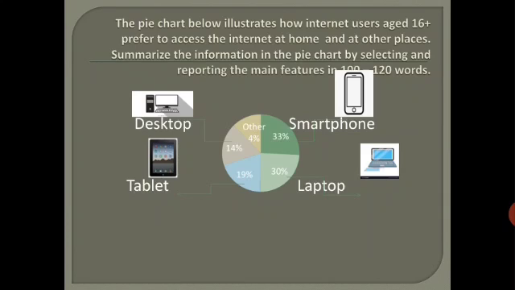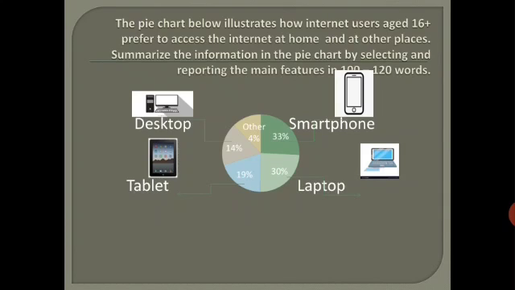Summarize the information in the pie chart by selecting and reporting the main features in 100 to 120 words. A pie chart is given, and from the question we understand that a survey was conducted among people aged 16 and above. So this pie chart illustrates how internet users aged